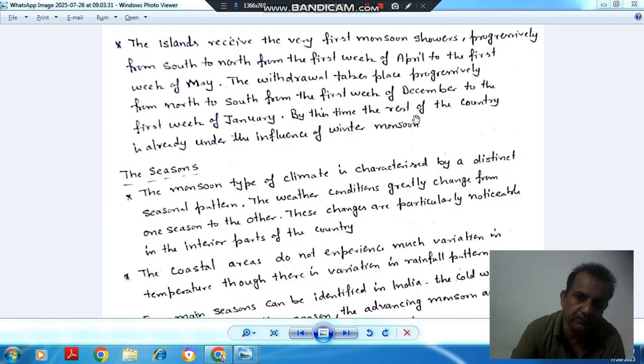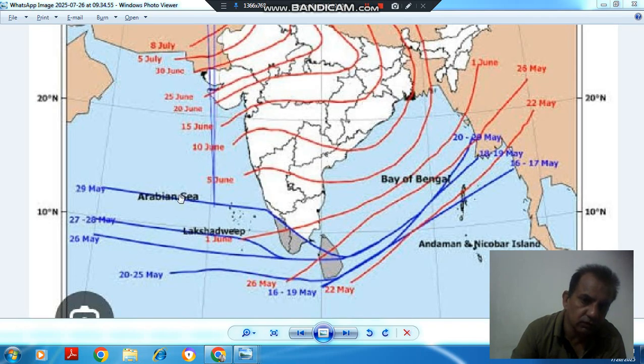By that time the rest of the country is already under the influence of the winter monsoon. So this is your Lakshadweep and this is Andaman Nicobar, and here you can see early May, 28th May is the arrival of monsoon, and here also early May is the